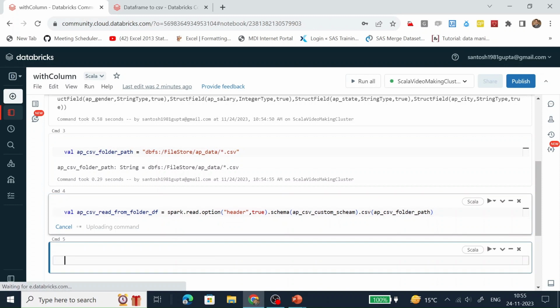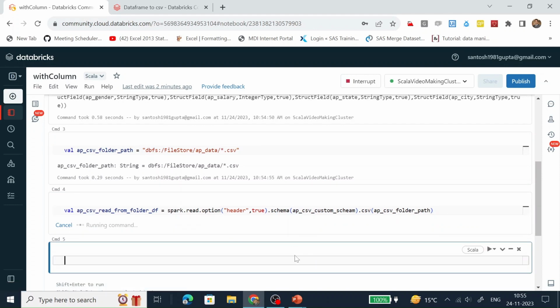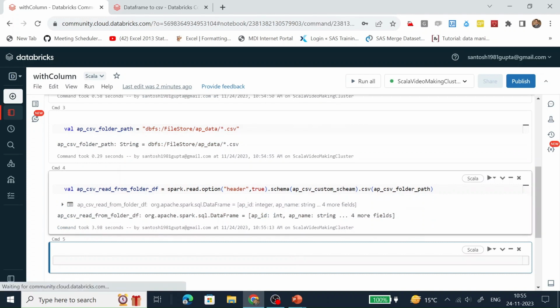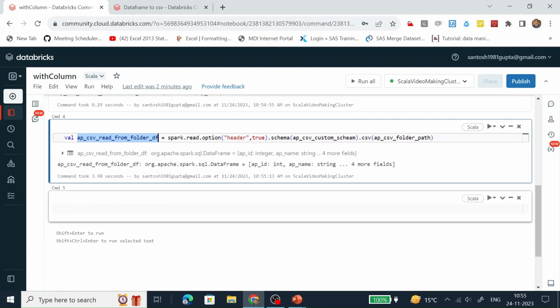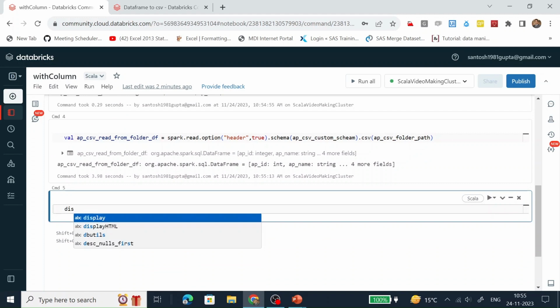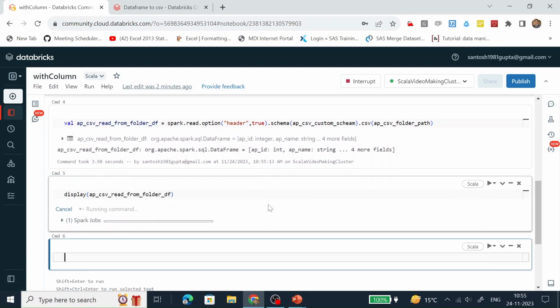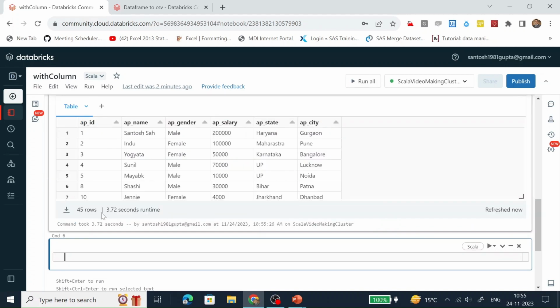So let's read the CSV file with the help of the spark.read.csv function. Now this data frame has been created successfully. Let's see the content. It has 45 records.